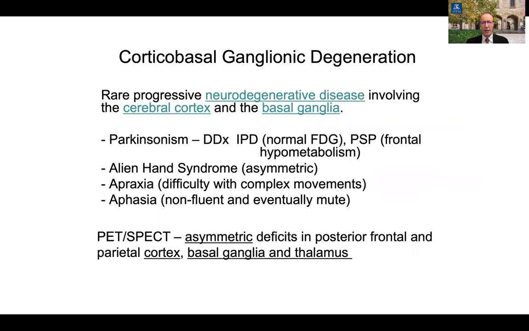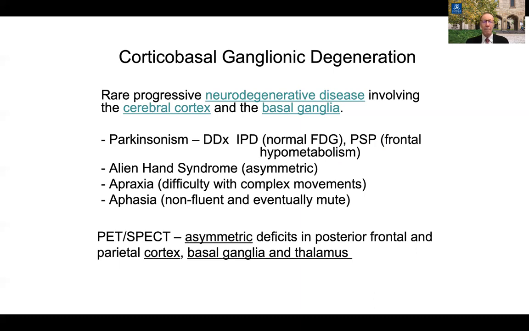So this is corticobasal ganglionic degeneration. You can say ganglia or ganglionic degeneration. Rare progressive neurodegenerative disease involving the cortex and the basal ganglia. They tend to have Parkinsonism. They have alien hand syndrome, where their hand seems to have a mind of its own and it tends to wander around, sometimes doing inappropriate things. The other hand often has to reach over and grab it and hold it down to stop it